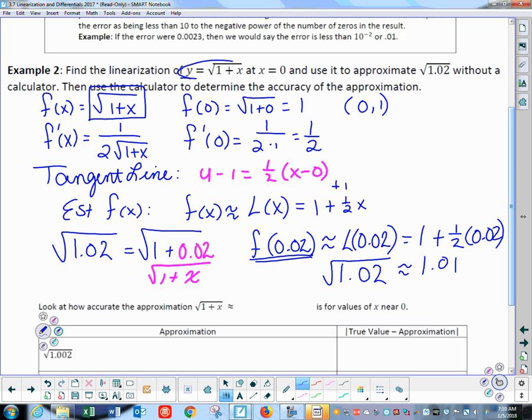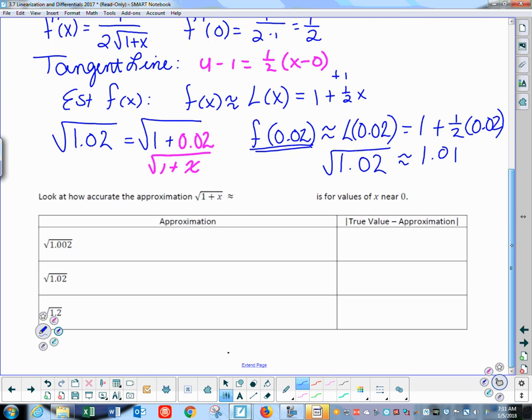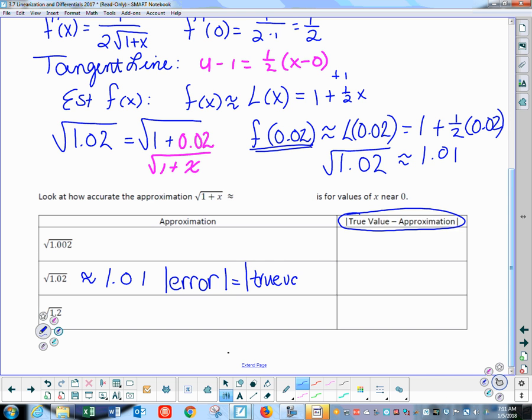Okay? Now, the next thing it talks about is, let's talk about the accuracy of this. Well, we just captured this, and our approximation was 1.01. If I want to find out how much error there is, you'll see that right up here is an error formula, and the error, let's do absolute value so we get the plus and minus taken care of, is going to be calculated by looking at the true value minus the approximate value that we just calculated. So in my calculator,